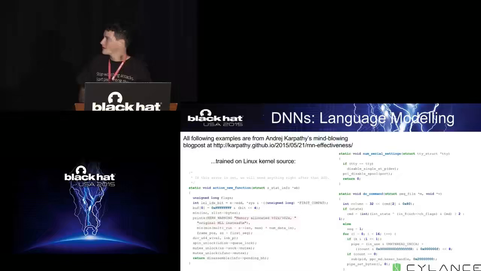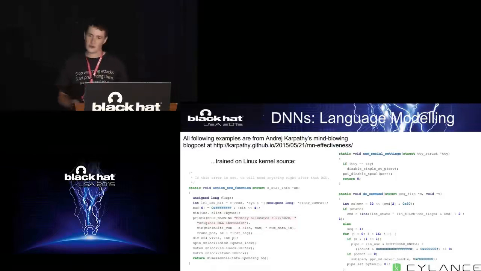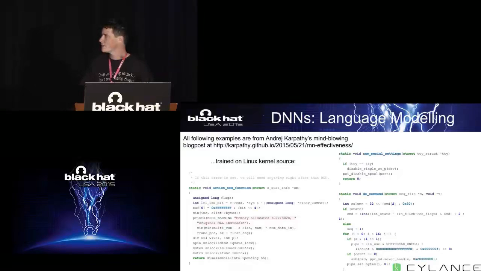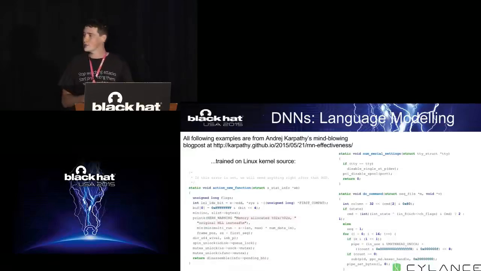And the final one is deep neural networks trained on Linux kernel source. In this case, you can see that it's doing a very good job of balancing curly braces, balancing parentheses. It knows what pointer dereferencing is. It knows about structs. There's kind of a funny thing where it's returning 0 in a static void. But we can cut the model a little bit of slack. Again, this is gibberish. If you tried to compile this, nothing would happen most likely. But it's really cool to see that it can output C. If you were just to hand me these functions, I would totally be fooled and think it's some low-level C code.